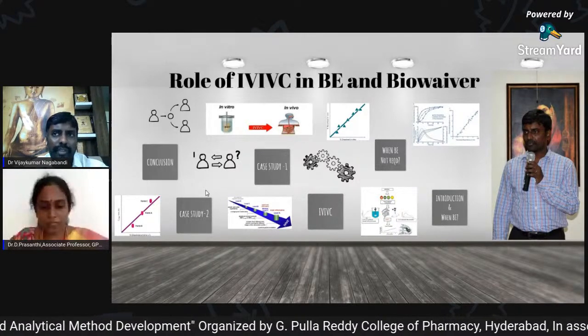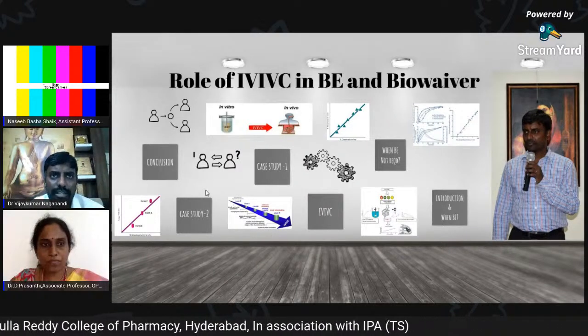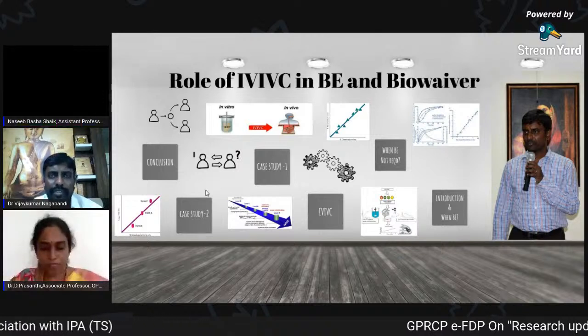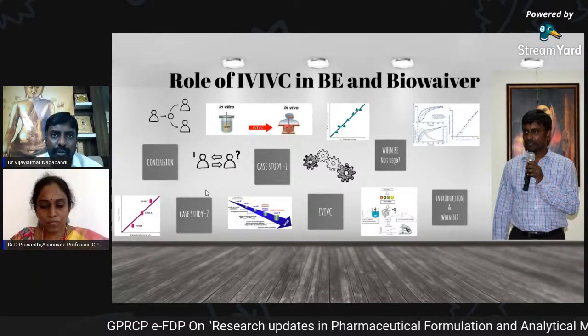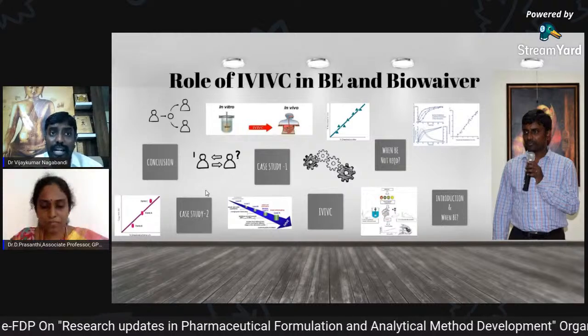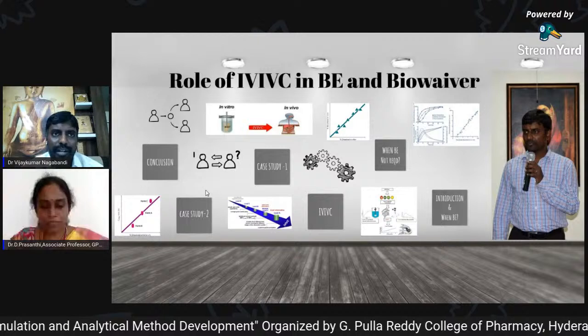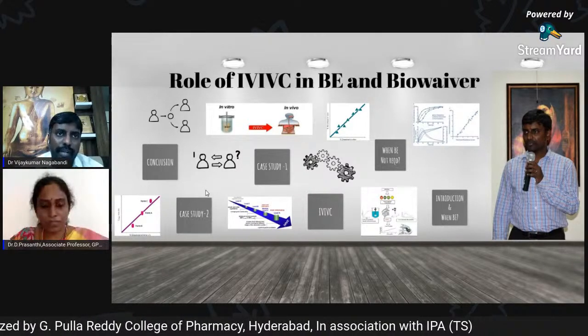If you make any modified release dosage form, it comes under a separate category, 505(b)(2). It is a hybrid NDA. It is not completely an ANDA, because it is a new dosage form. Whenever it is a new dosage form, new strength, new route of administration, or new fixed dose combination, it is not possible to match the bioequivalence with that of the innovator, because the innovator formulation is immediate release, with a frequency of administration of three times daily.